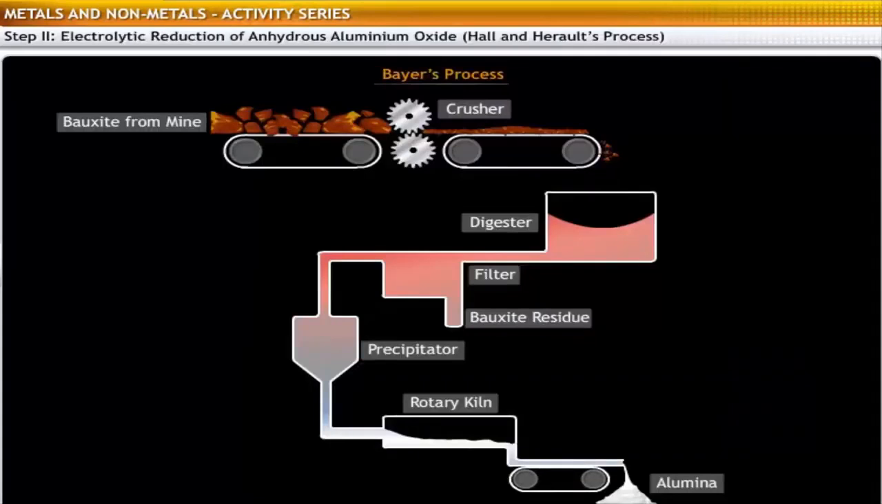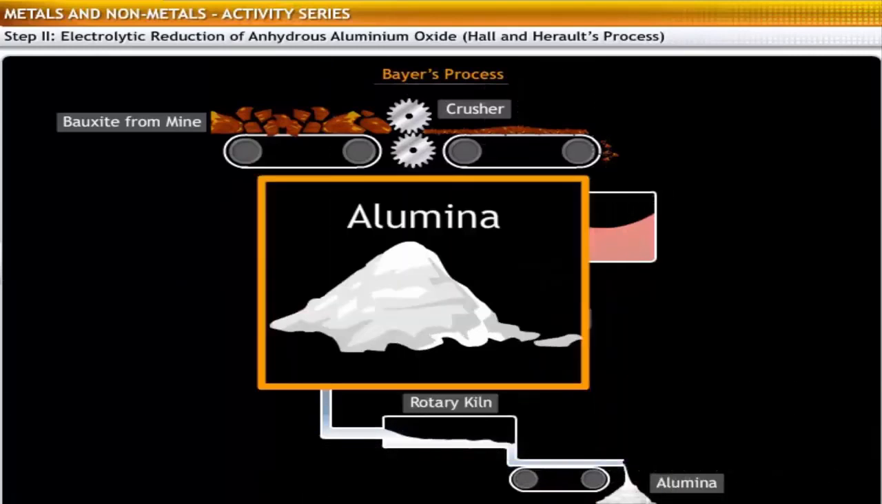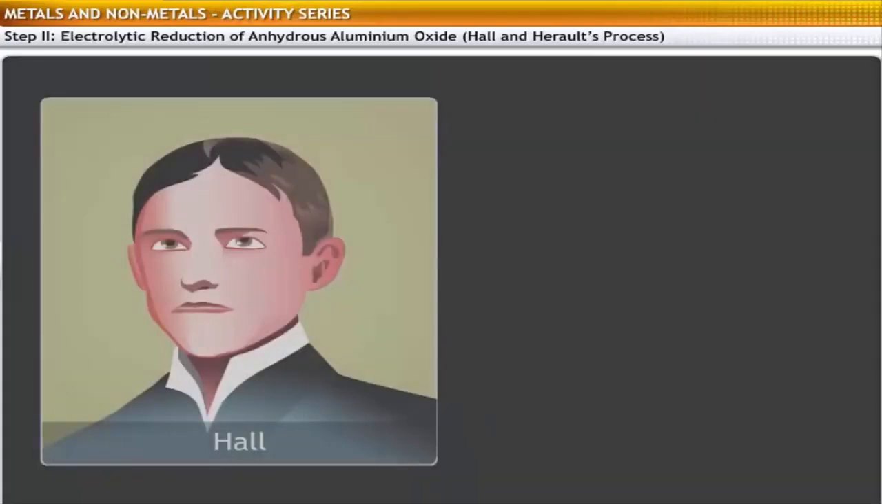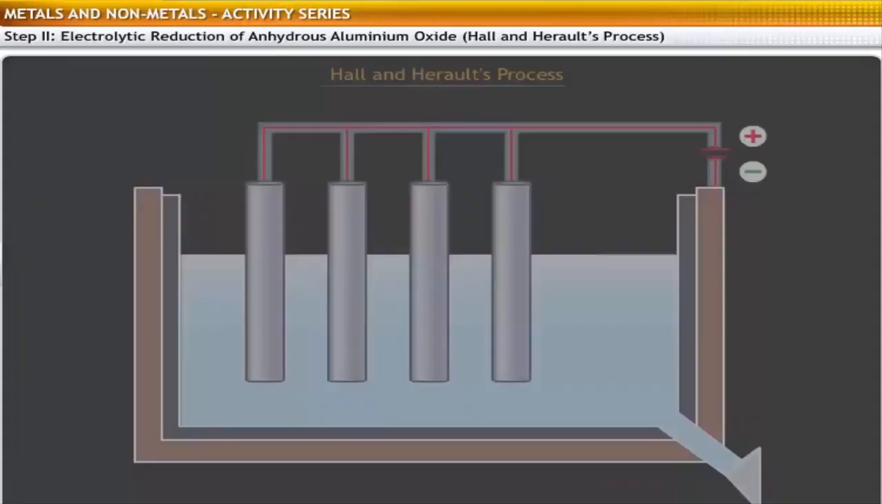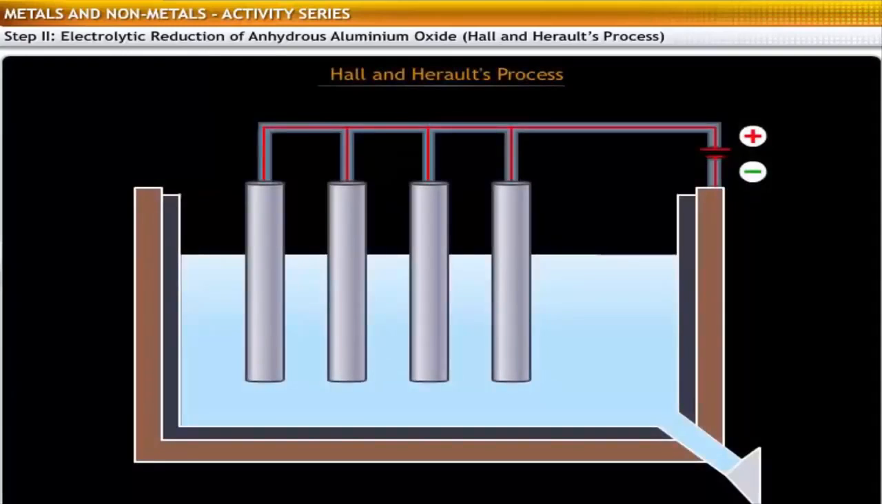The second step in the extraction of aluminium is the electrolytic reduction of alumina, obtained using Bayer's process. This is done through Hall and Heroult's process. Hall and Heroult developed the process independently. The electrolytic cell used in this process has the following components: